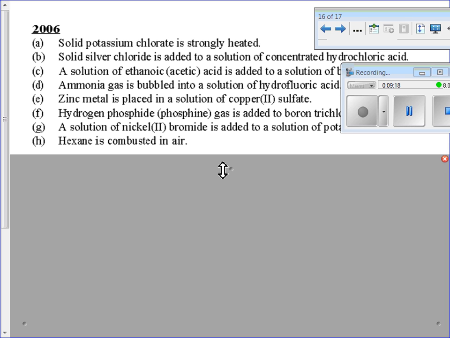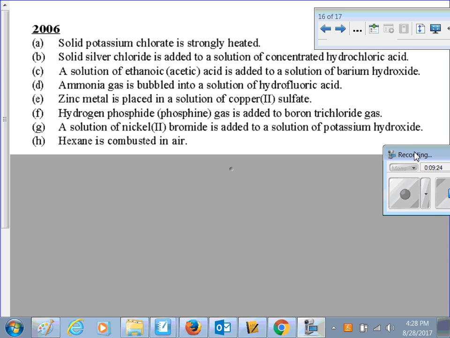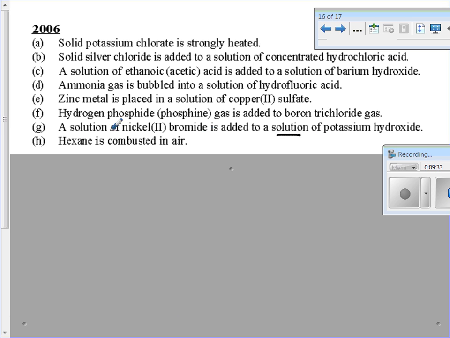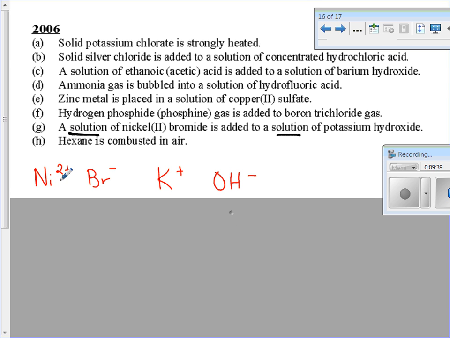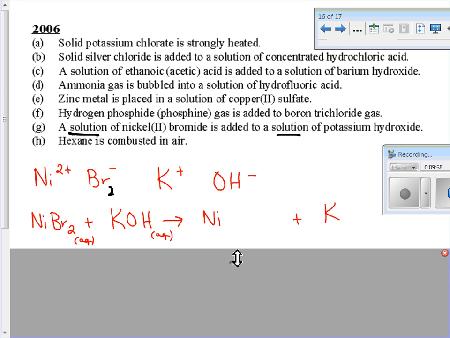And then the last one I'm going to do here is, I believe, G. So we have a solution of nickel 2 bromide is added to a solution of potassium hydroxide. So again, 2 solutions. So I know that my reactants are going to be aqueous. Nickel is there, I'm told it's a plus 2 ion, so Ni plus 2. Bromine has a minus 1 charge, potassium plus 1, hydroxide minus 1. So these charges here will cancel, but I'm going to need 2 bromide ions in order to cancel out that positive 2 charge. So there are my reactants,